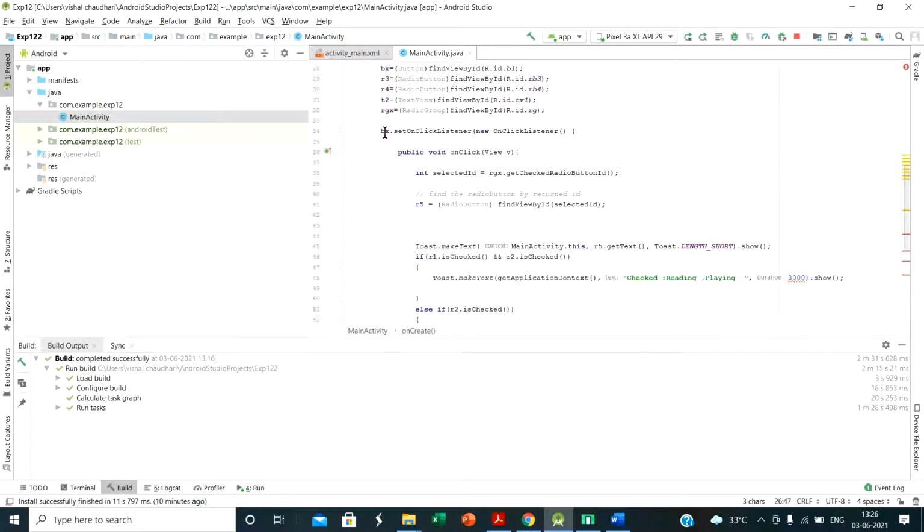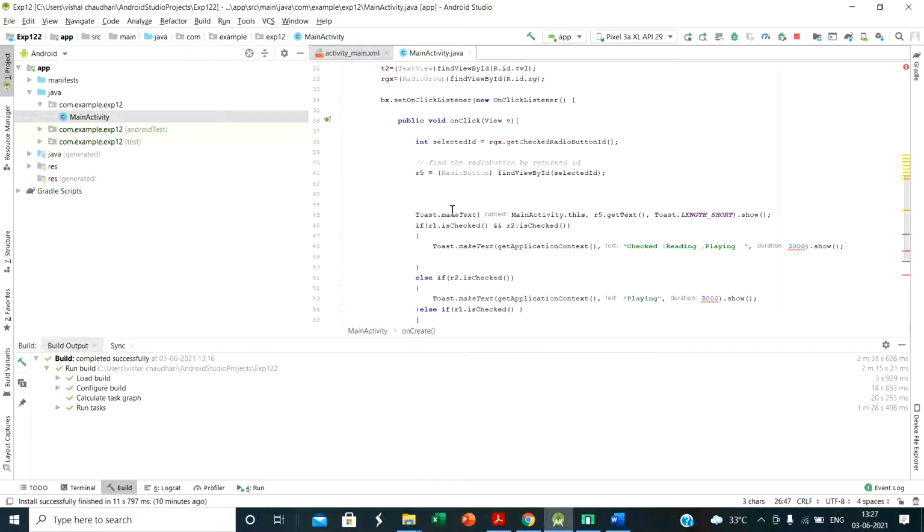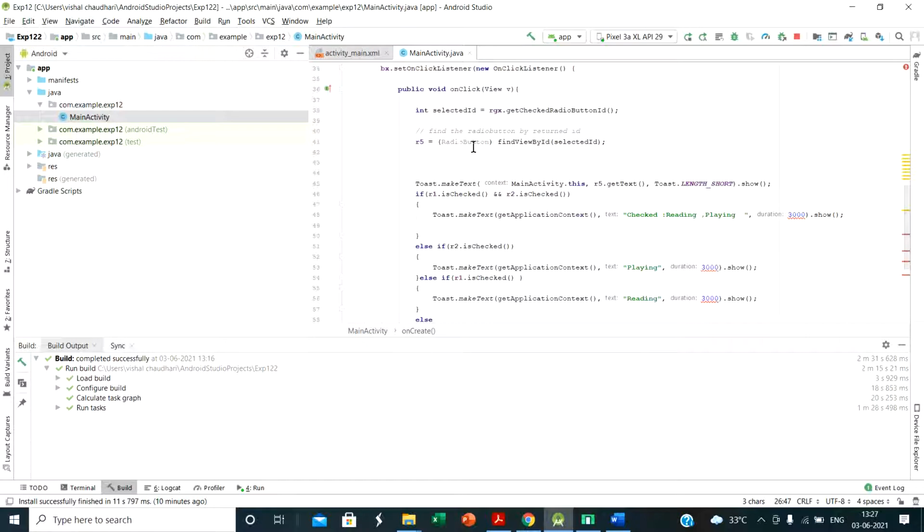Then BX is the object of button, bx.setOnClickListener. Inside that we define the onClick method. We create one integer variable selectedID equal to rgx.getCheckedRadioButtonId. Okay, then R5 is equal to radio button findViewById selectedID.